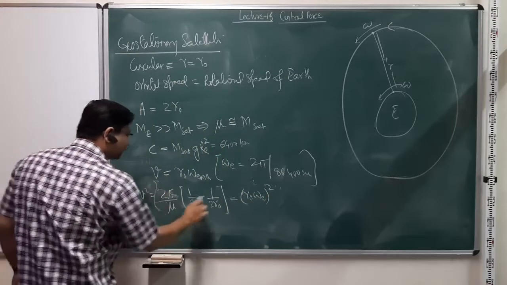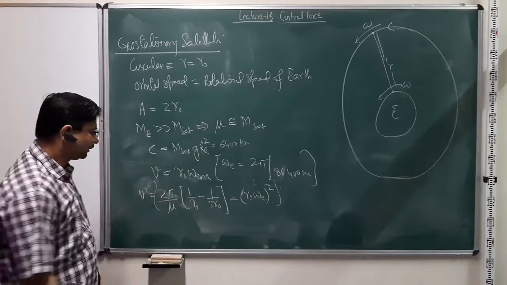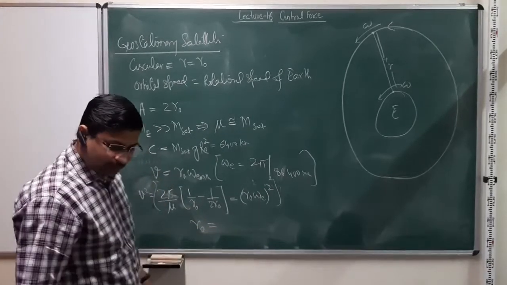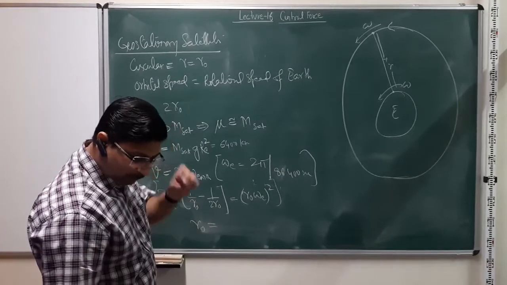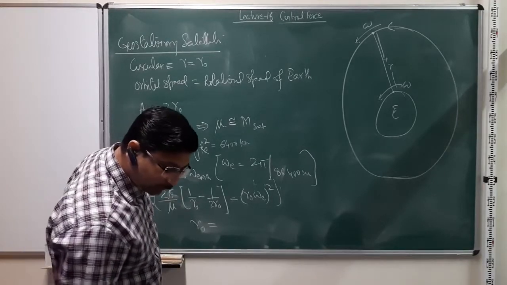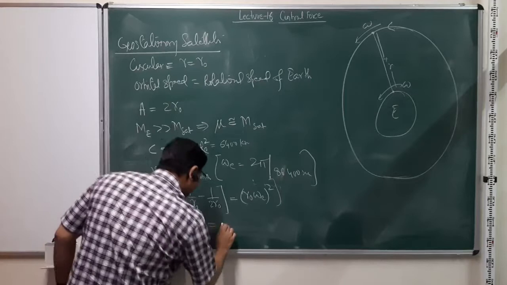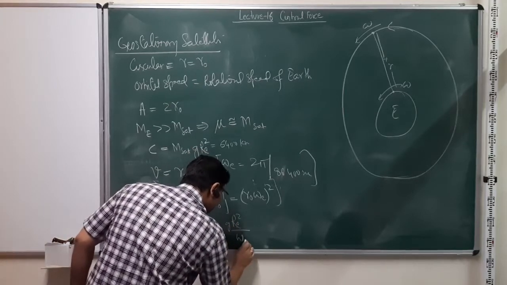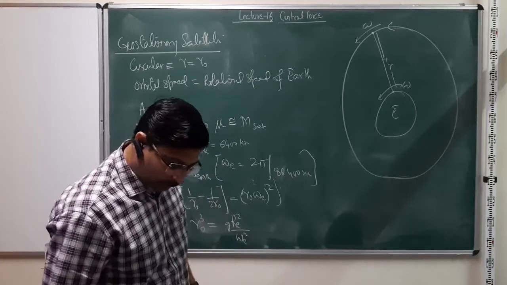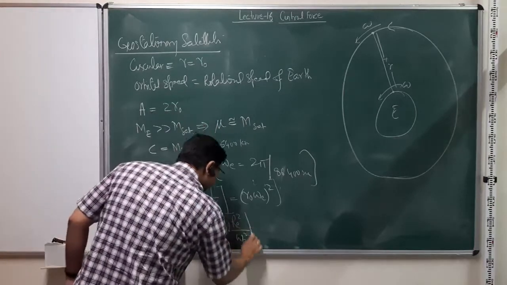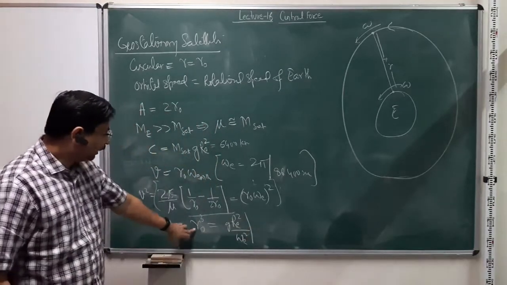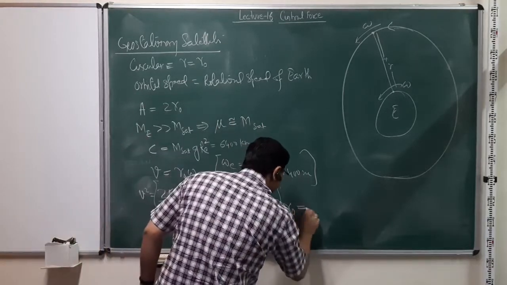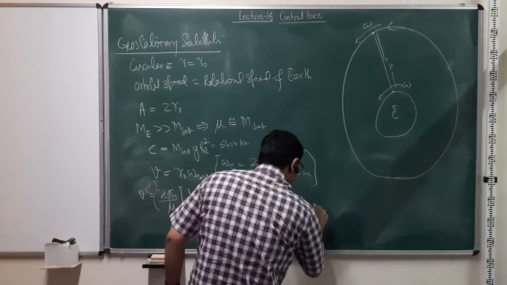So now we can solve this for r0, right? And we'll get an expression for r0 which looks something like this. So r0 cube is g re square over omega e square, right? So this is then my expression for r0,